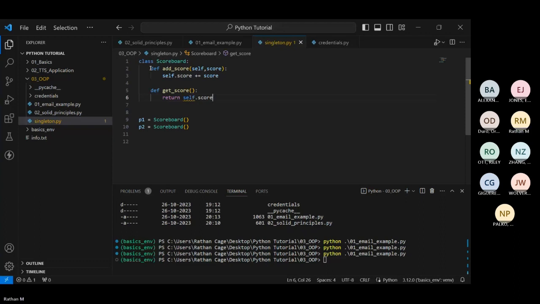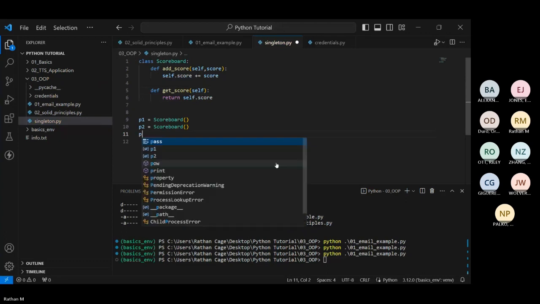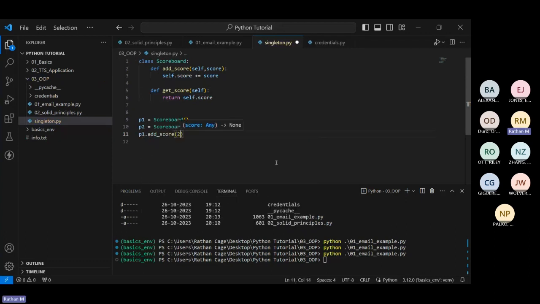Let's try this out. Now, if I create two objects, if I had p1.add score of 25 and p2.add score of 50, and if I print